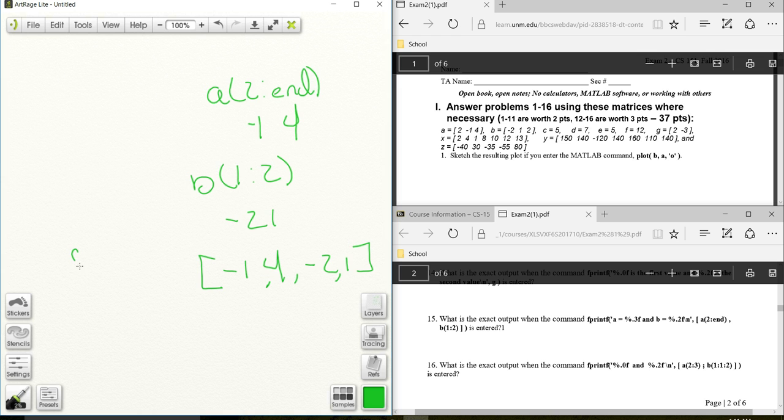So now when we call fprintf with percent .3f and percent .2f, what's happening is every time it runs across a percent f, it's going to be calling from the matrix by position. The first time it hits the percent f, it grabs the first position. The second time it hits, it grabs the second position. Then if there's still a matrix left over, it's going to grab the third and the fourth. So the answer should be